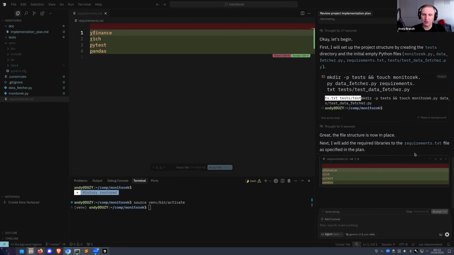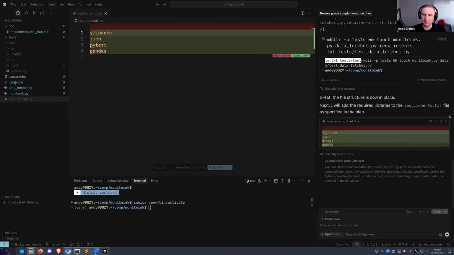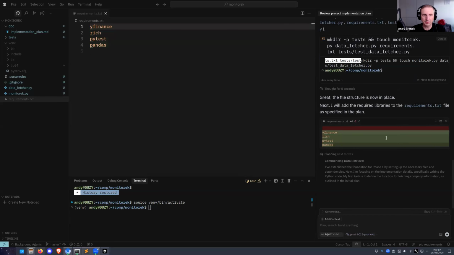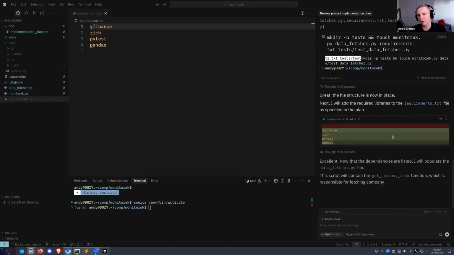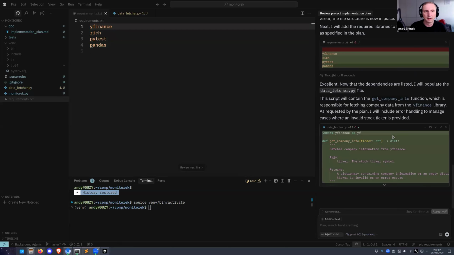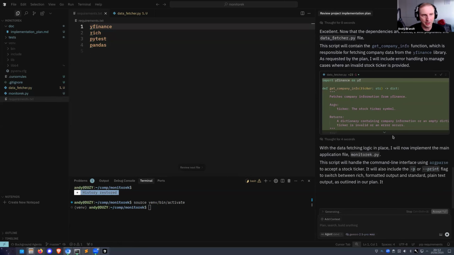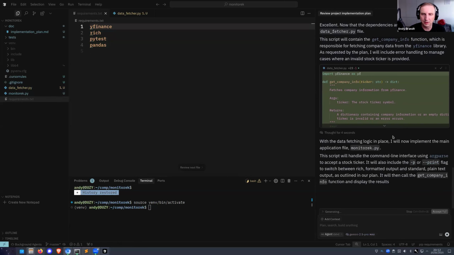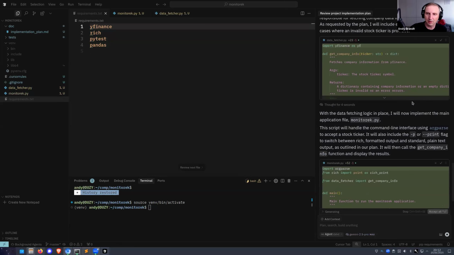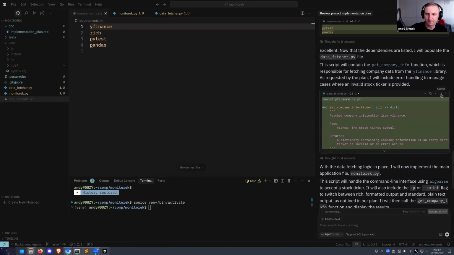Okay, so it created requirements.txt. Now this is something that I don't like, but I will let it do it for now, because usually I'm not using requirements.txt. I'm using requirements.in, and I'm using something called pip-compile from pip-tools to compile the actual requirements.txt out of that. The advantage of this approach is that I have to list just the core libraries that I'm using, and everything else is kind of computed for me.